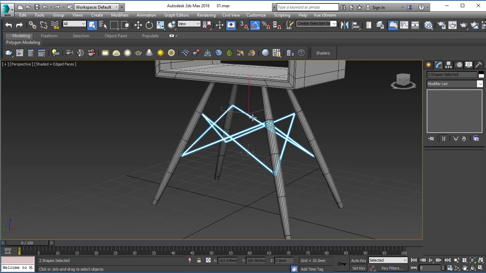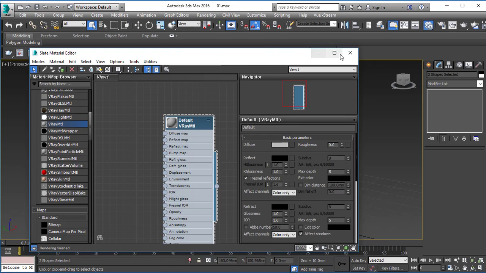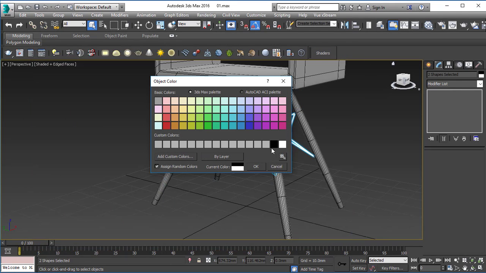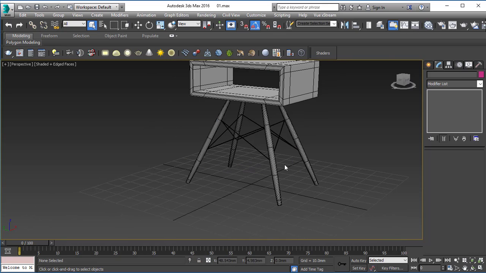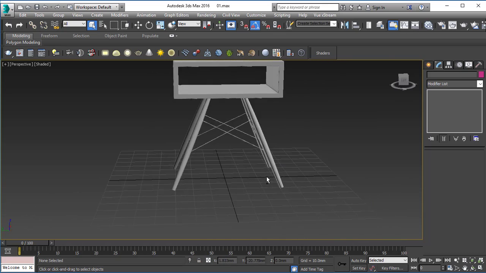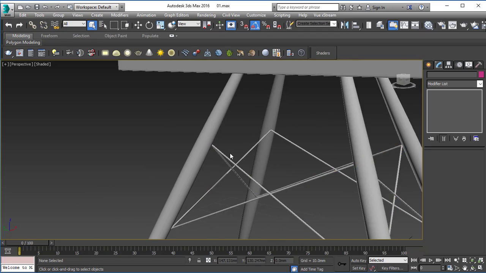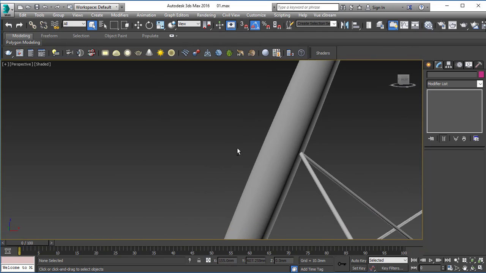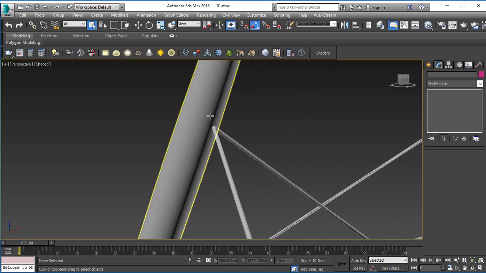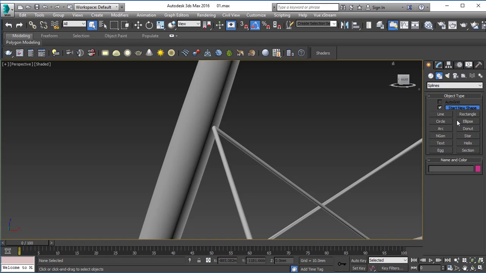Now let's apply that material that we were talking about, and there we go. Now if you turn off the wireframe mode, you could actually see that this looks pretty nice. Now another thing that you should create is something to hold these to our wood, and to create that what we can do actually is